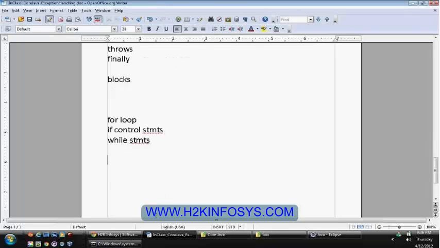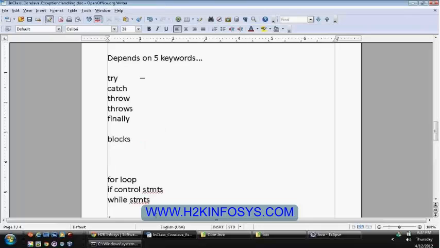For each of them, we open a curly brace and close a curly brace. This is called a block of code. All these keywords are associated with a block of code except this one.